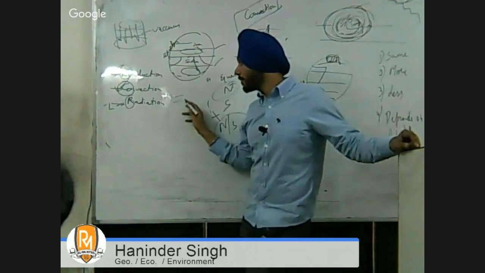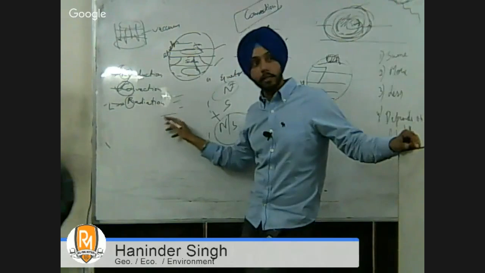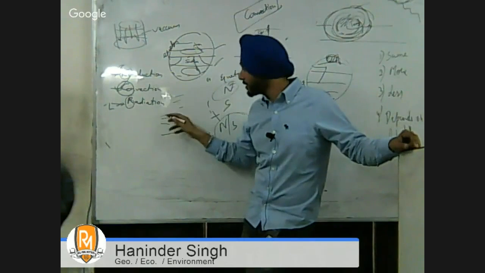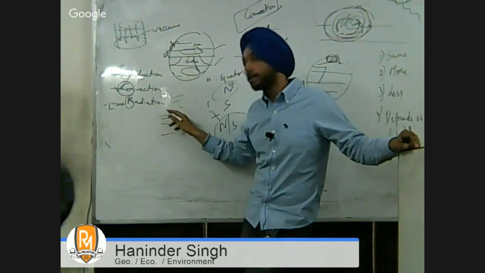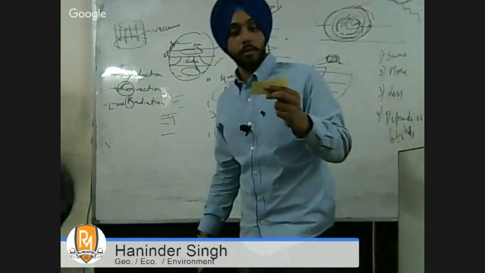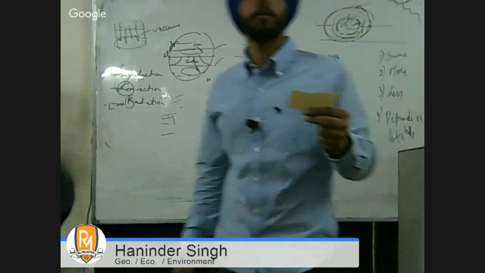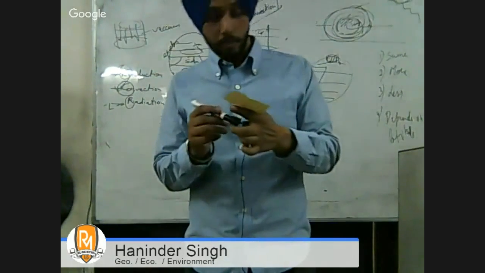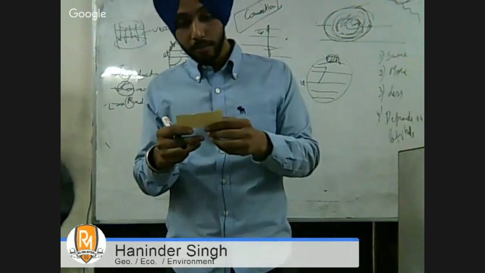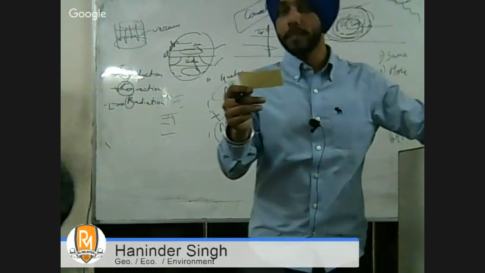In ocean temperature, what we see is that the layers have contacts. When layers have contacts, what it means is that